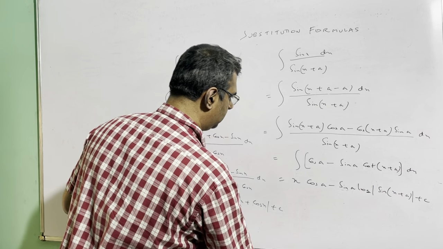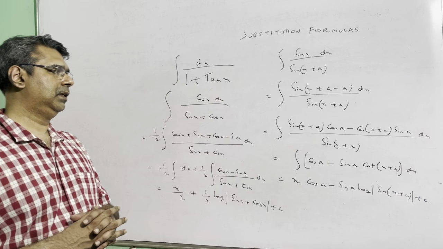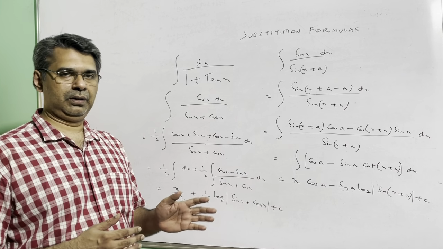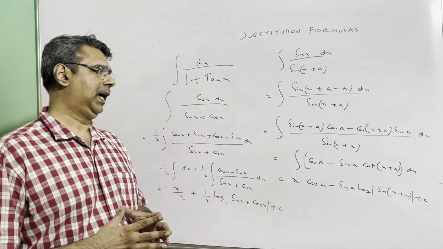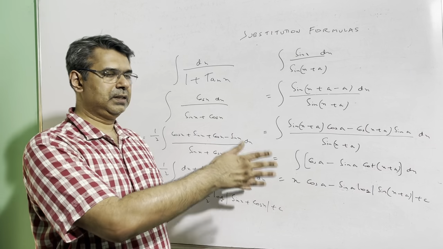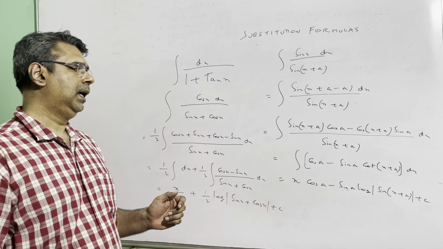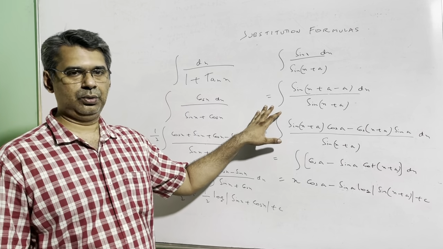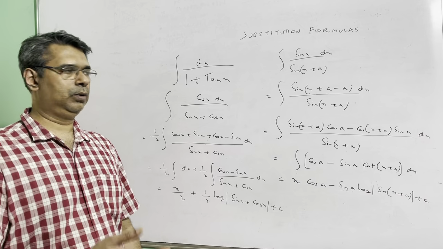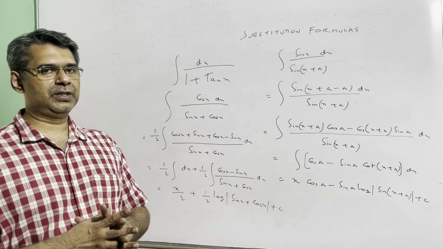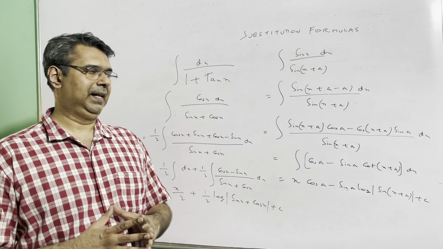Now what you people will have to do is that there will be a PDF with this particular video. In that PDF there will be some amount of theory which is mostly just a repeat of whatever I've said today, and there will be these 4 formulas. There will be some examples other than these two. These two will be there, and there will be some more, and at the end of the PDF there will be a homework. Your job is to finish that homework definitely by the next class.